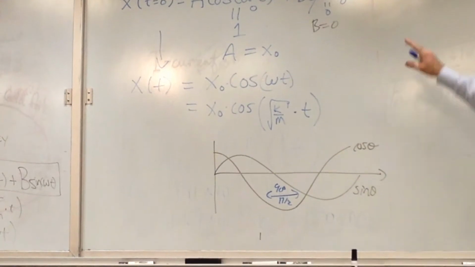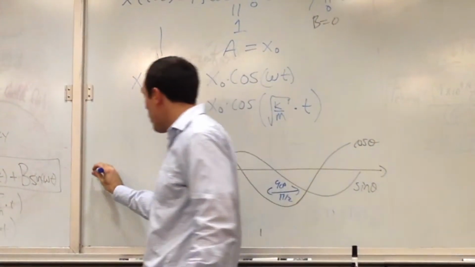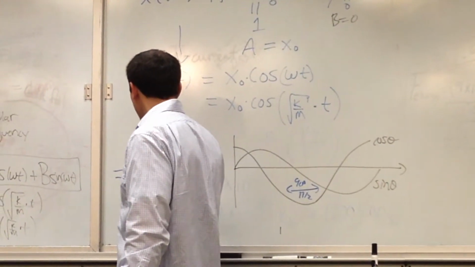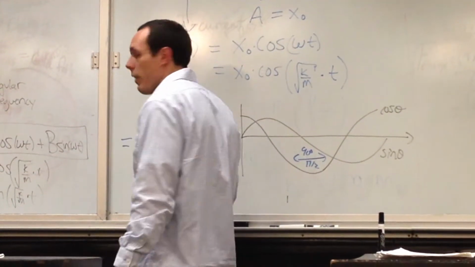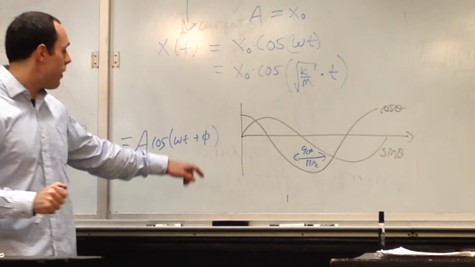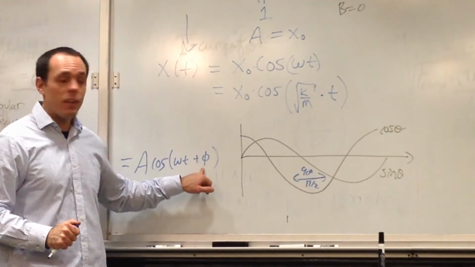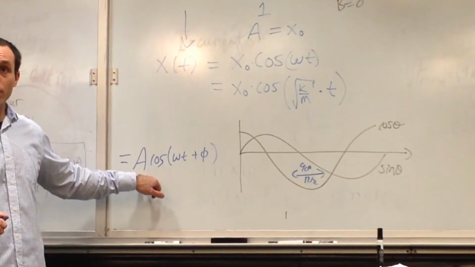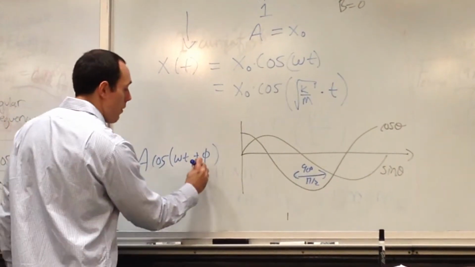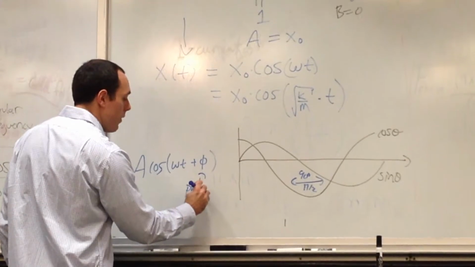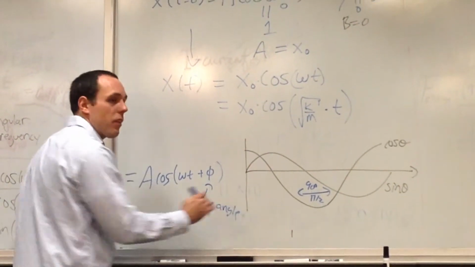And sometimes you would see this general equation written as A cosine omega t plus phi, where phi takes into account both cosine and sine, and A is a constant. So instead of A and B being the constants, here they are A and phi. And this is typically known as a phase angle, which you will see in physics too,